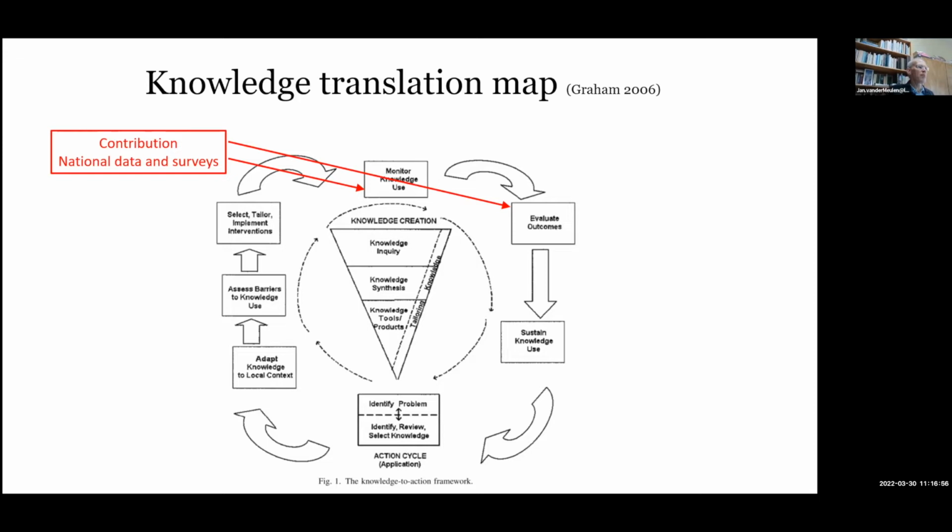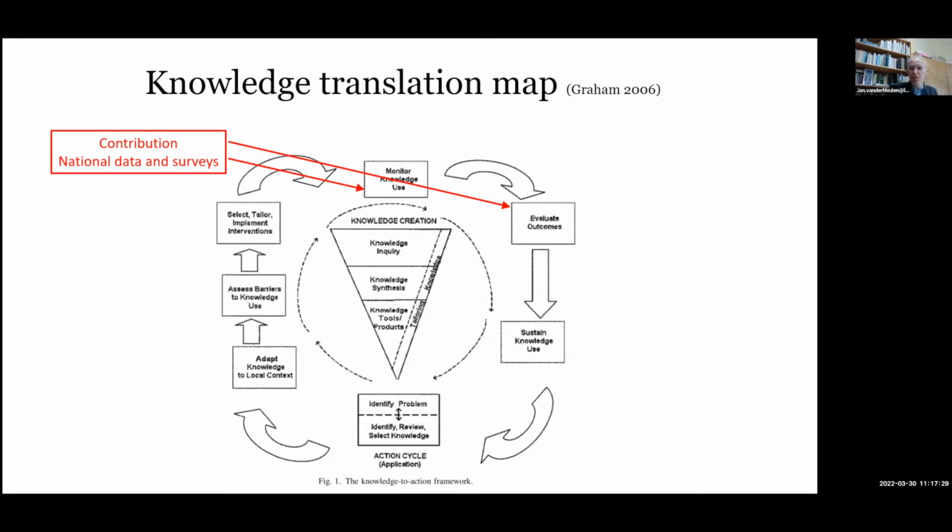So I'm trying to really understand where these national data sets come in and where they can play a role, but also realizing, and I'm echoing Dr. Colvin's remarks yesterday, that you have different types of data that can support these different elements in this whole integrated knowledge translation approach. So national data, in my practice, play especially a role in trying to understand better the use